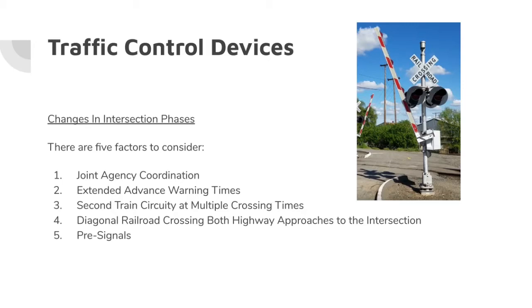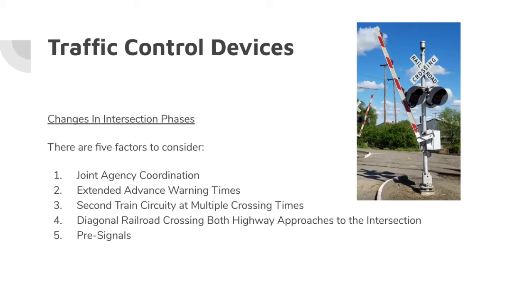at that railroad crossing. The third is second train circuitry at multiple crossing times, and this detects a second train and makes the proper adjustments on the tracks to avoid a collision, which could be catastrophic to both parties. The fourth one is diagonal railroad crossing of both highway approaches to the intersection. A bit of a mouthful, but this occurs when railroads run diagonally to the highway. And why this is important is that with a diagonal crossing, you're not necessarily dealing with one intersection, you're dealing